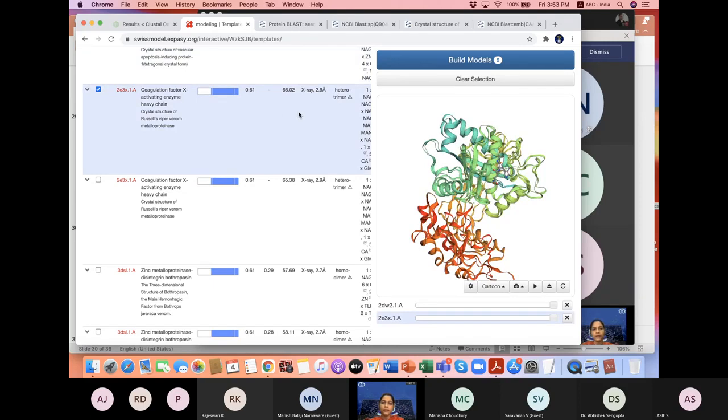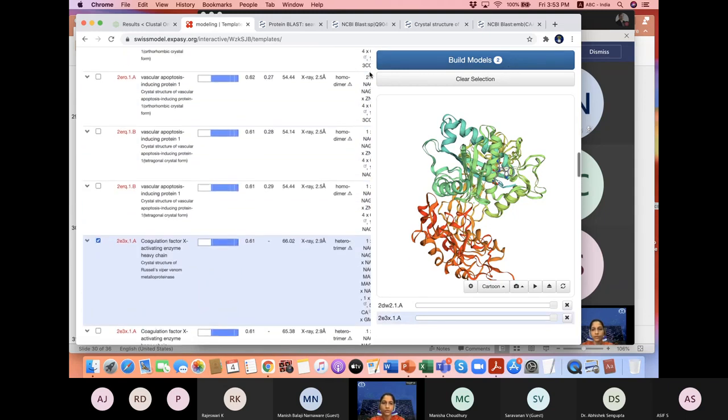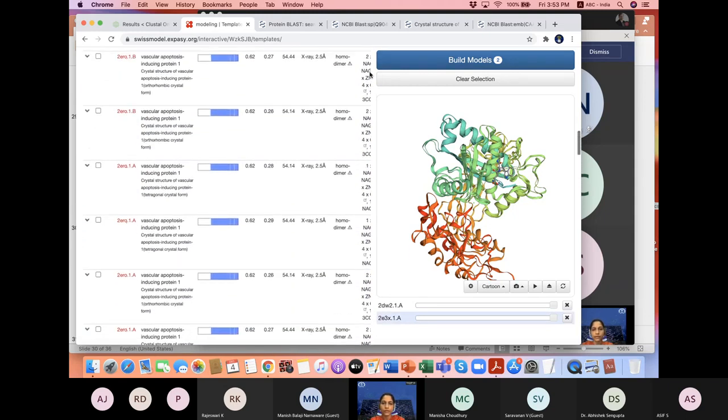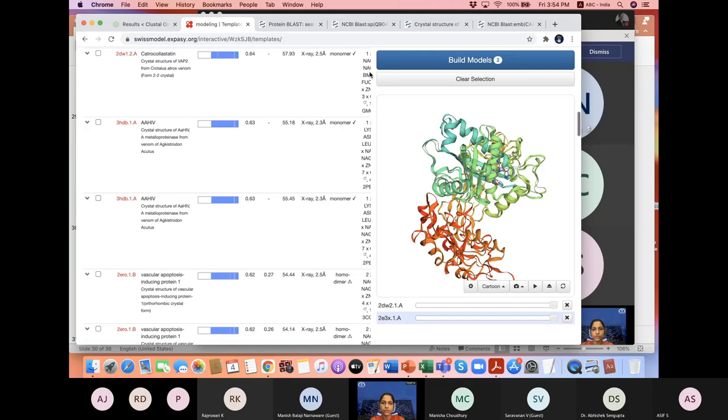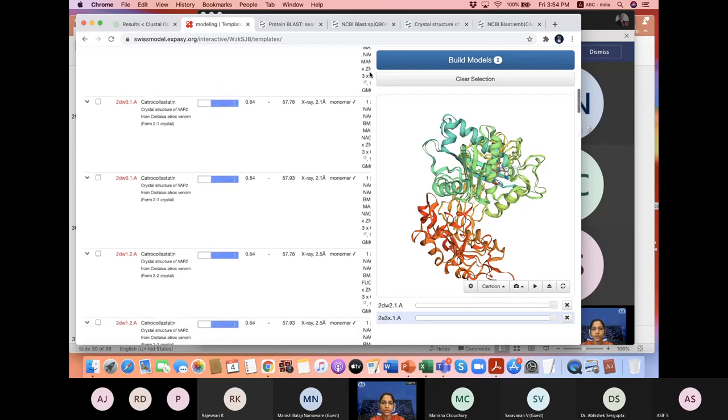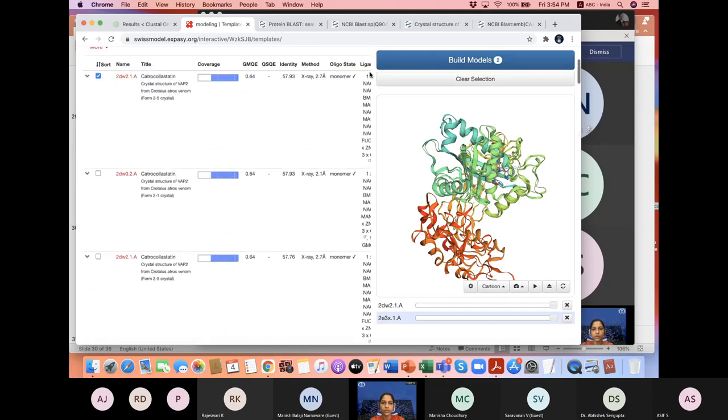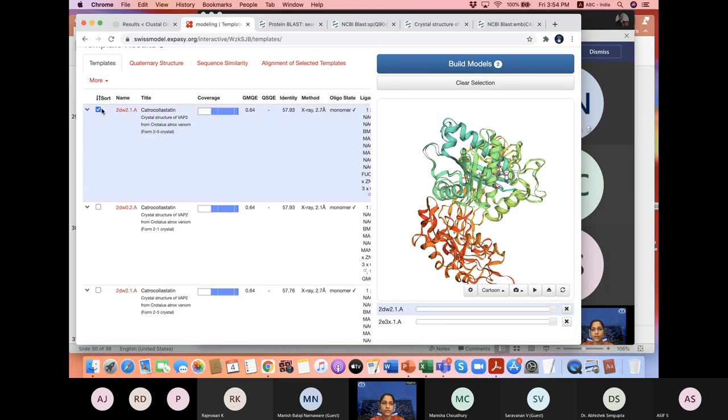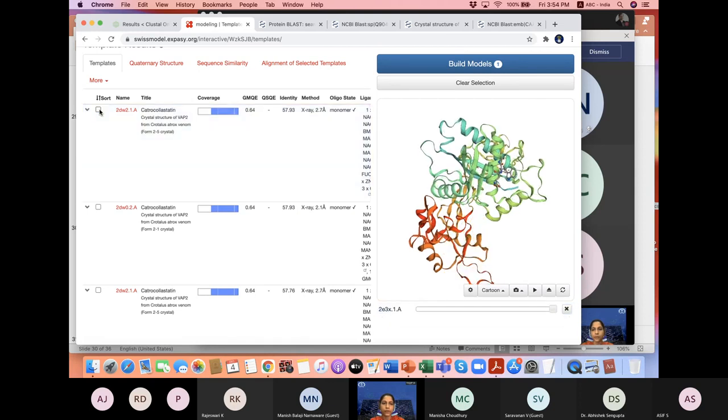Okay, but then if you see here, now it is showing build models two. The reason is that we have actually also selected one above which need not be selected, because we are not considering that particular protein. So we will just unselect this one. Okay, now if we sort, the best one would have come up, so that can be done.